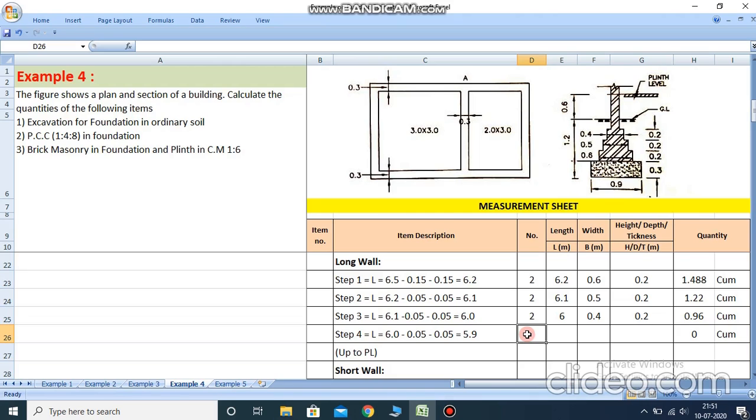So here the total number of long walls is 2. The length we calculated is 5.9. The width is given in the figure, so it's 0.3. So write here 0.3. And the height is given. So here we calculate the height h, which is equal to